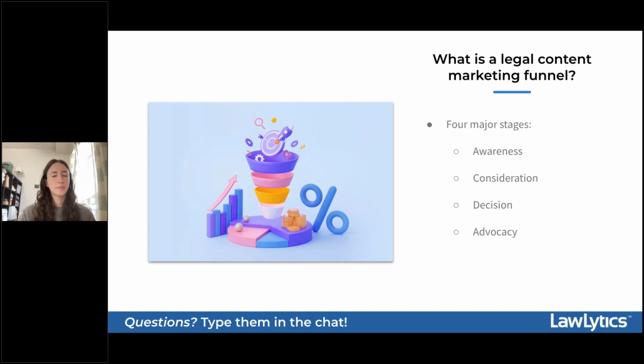And finally, at the bottom of your marketing funnel is the advocacy or word of mouth stage. So if your funnel is operating in its most effective state, it shouldn't just end with the conversion and instead support a way for the client to continue advocating for your firm's services after they're no longer in your care. So that might look like them leaving a review either on your website or on Google. It could look like word of mouth referrals, recording a video testimonial, or something similar to that.